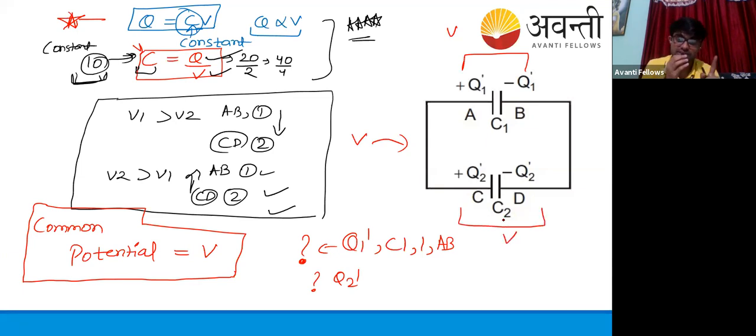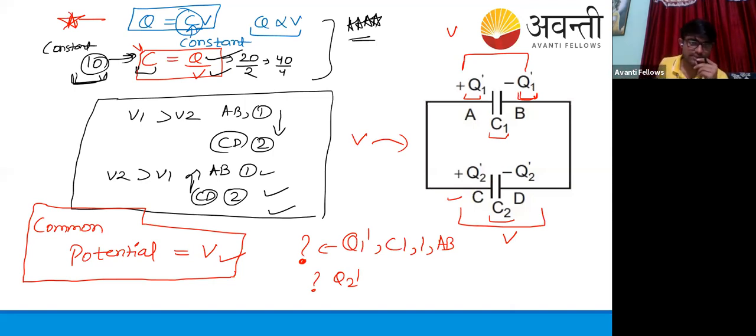Okay, but what will change? Capacitance will remain constant, C2 will remain constant, and there will be a common potential difference. V1, V2 will get erased. There will be a common potential V across both the plates, but the charges will vary. So there will be new fresh charges, that is Q1 dash on capacitor plate 1, and new fresh Q2 dash charge on capacitor C2. So common potential will arise. Now we need to derive Q1 dash. What will be the fresh charge now? New fresh Q1 dash appearing on the plate of the first capacitor AB, and new fresh Q2 dash charge.